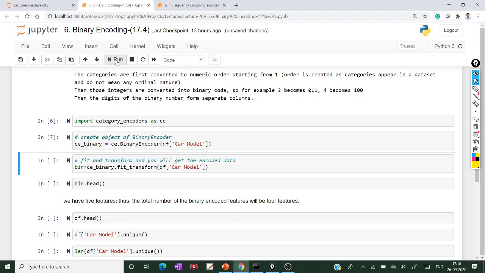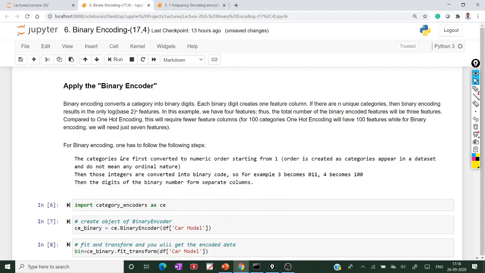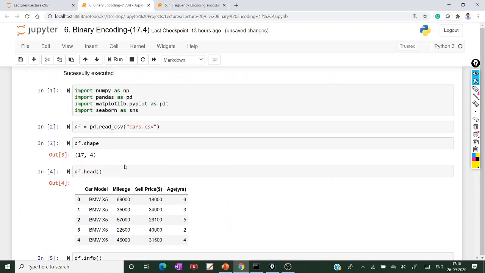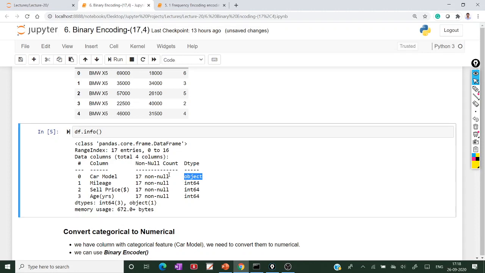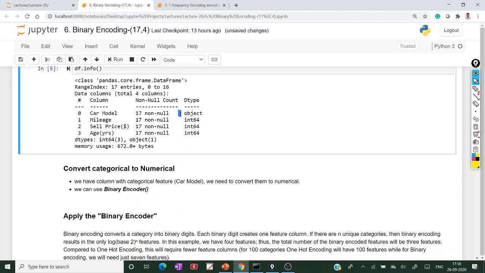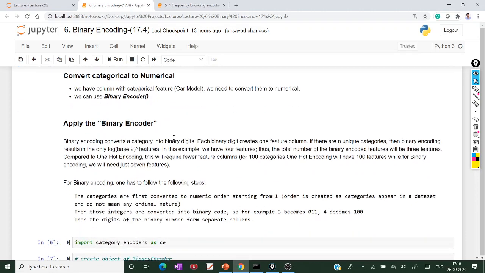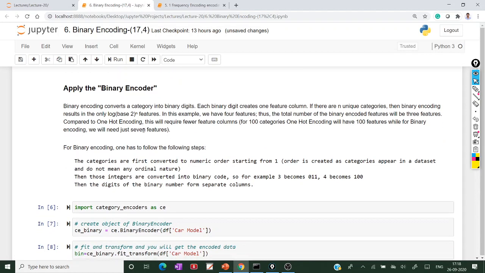I will explain. First I am taking the head part. This is the first car model. Car model is the object data type. Rest of these things are integer. So apply the binary encoder.